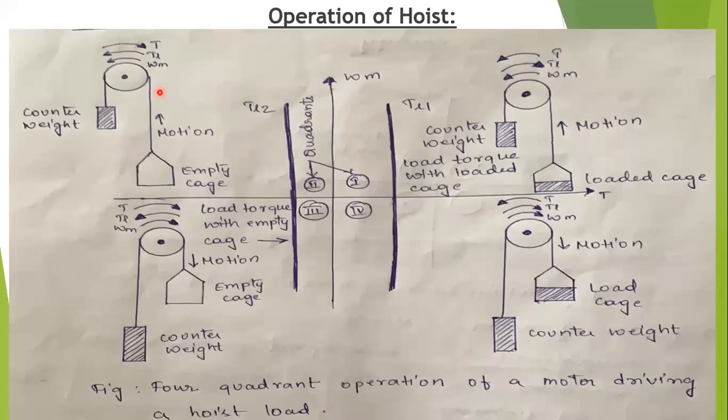So the other end of the rope has a counterweight. This is the empty cage, which transfers men or some material from one place to another, or from one level to another. And the other end of the rope contains the counterweight. Thus the weight of the counterweight will be greater than the weight of the empty cage, right? Empty cage weighs nothing, but the counterweight is having some weight already.